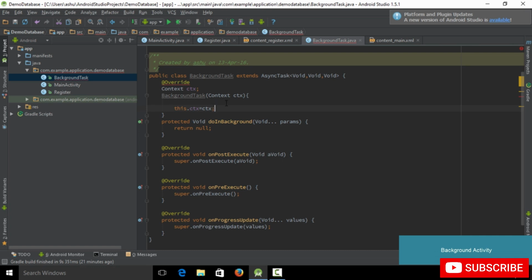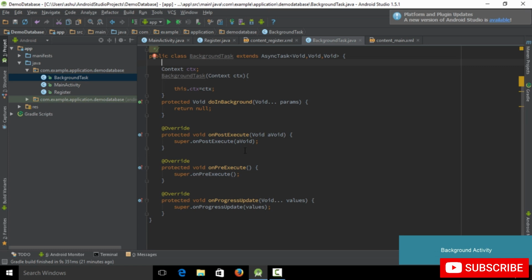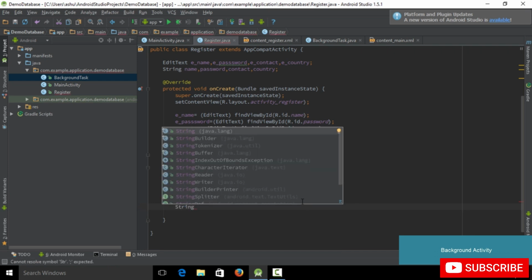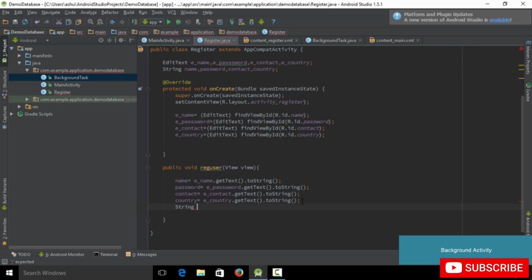Now once we have the reference to it, the next thing we do is add the code in these methods right over here. We actually want to call these methods from Register.java. So simply go to Register.java, and inside the registerUser method create a new string and call this string, let's say, method. So we type String method